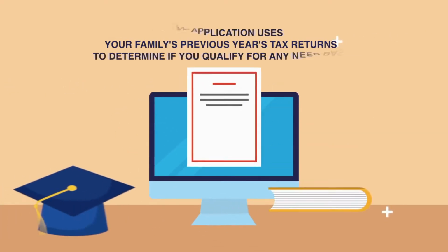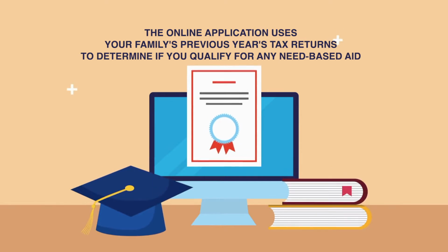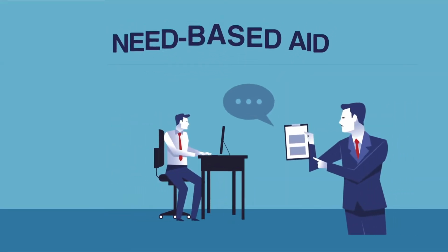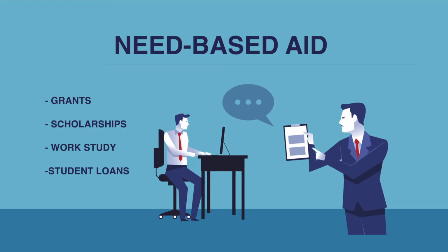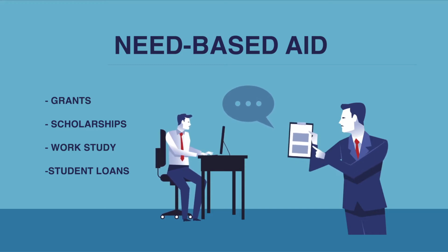It's an online application that you fill out, and it analyzes your family's finances. It uses the previous year's tax returns. It helps the federal government and state governments and the schools themselves determine whether a student would qualify for any need-based aid. Need-based aid comes in the form of grants, scholarships, work-study, student loans. All of those things are considered need-based aid, and to be able to get any of that assistance, it all